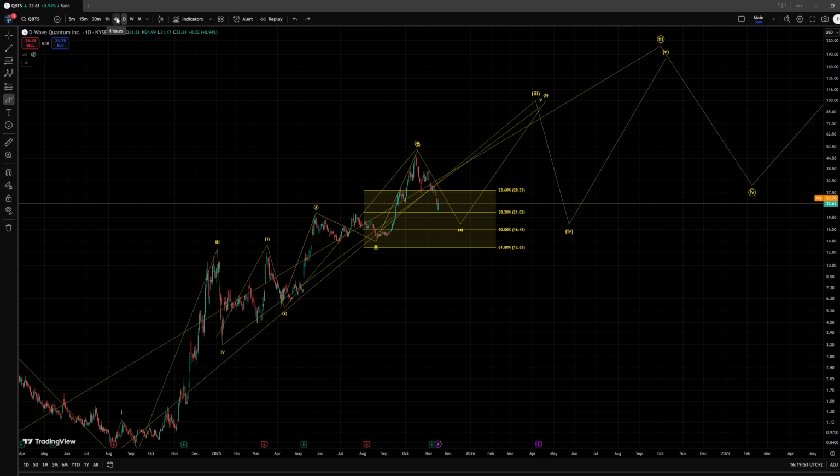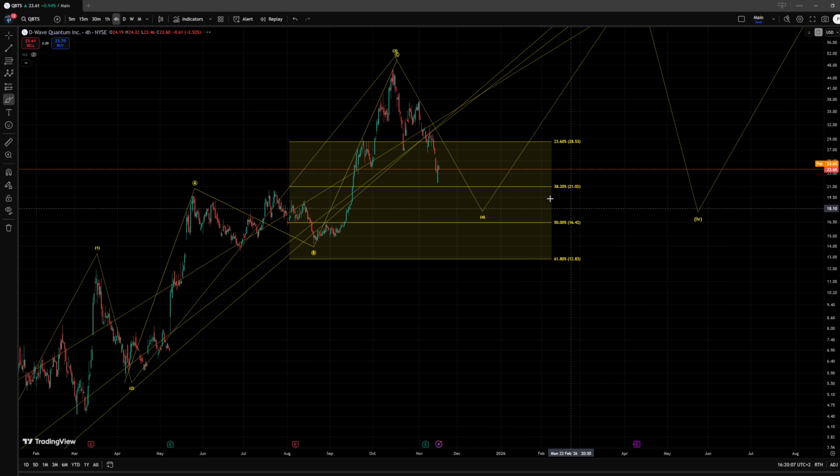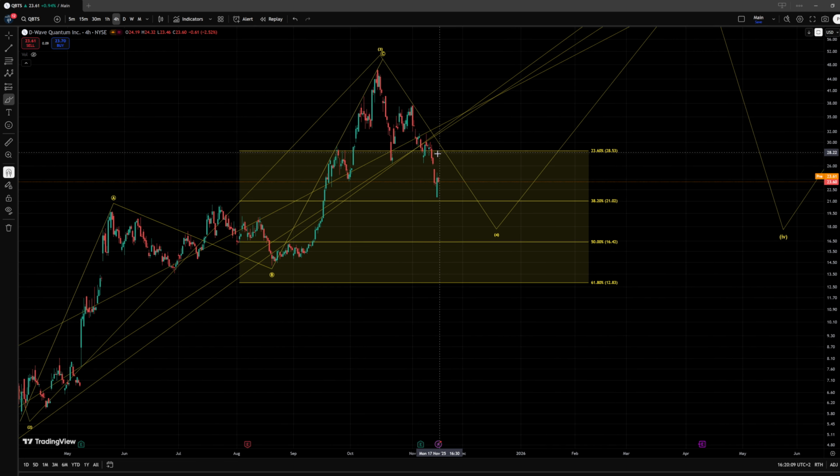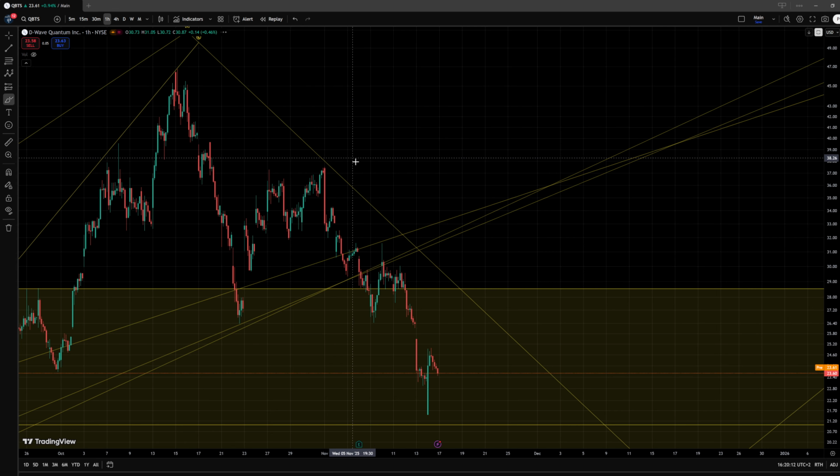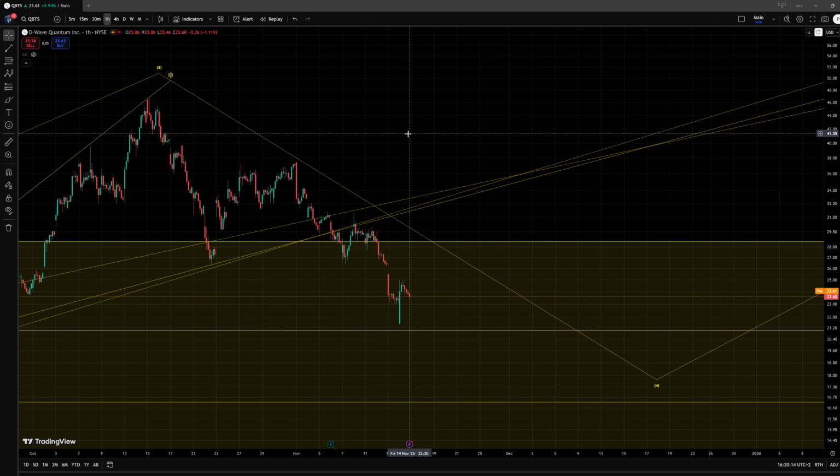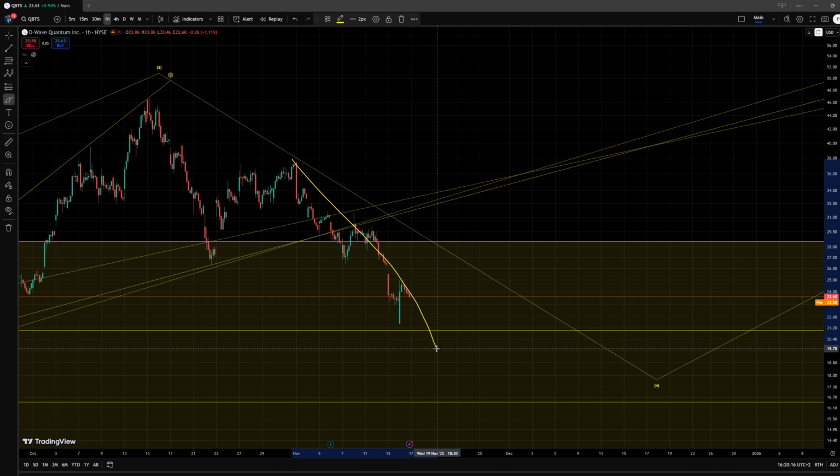Now, in the end, if it does extend, we can track the structure more closely and determine if we need to look for maybe a different pattern that might fit better the structure that we see here on the chart. But at this point, who knows, we may even complete it in a more direct fashion, where internally within this area, I could even argue that we may be tracking an ending diagonal in a wave C,